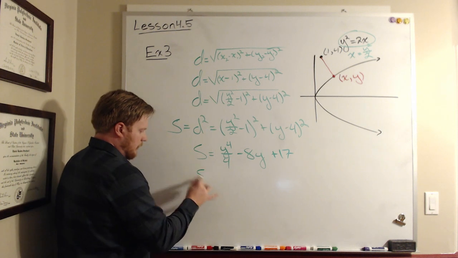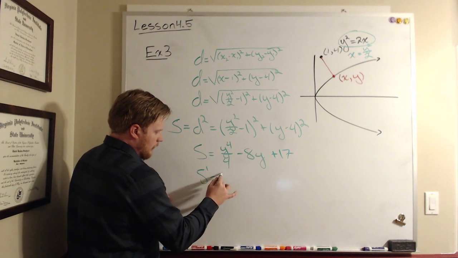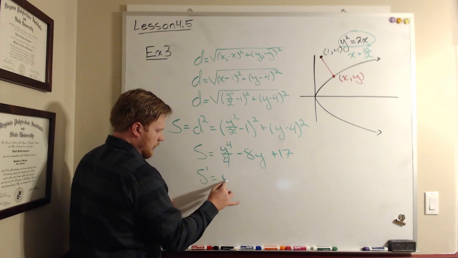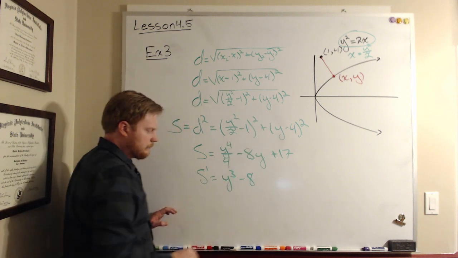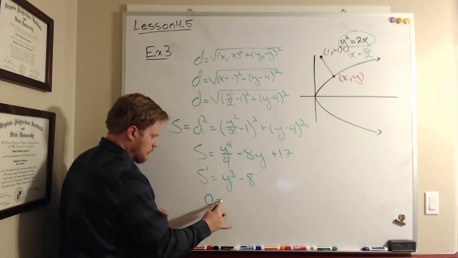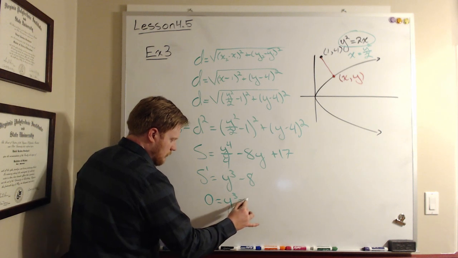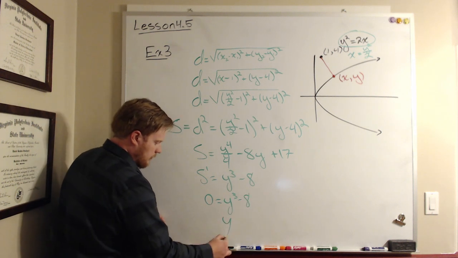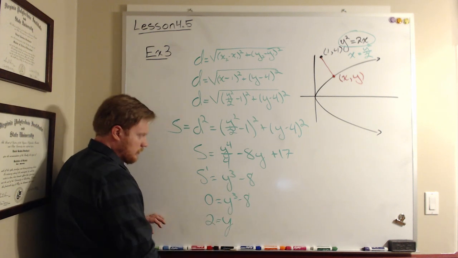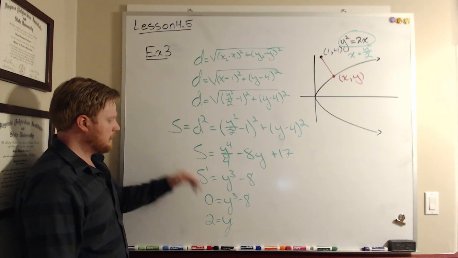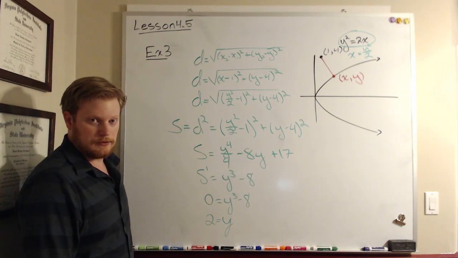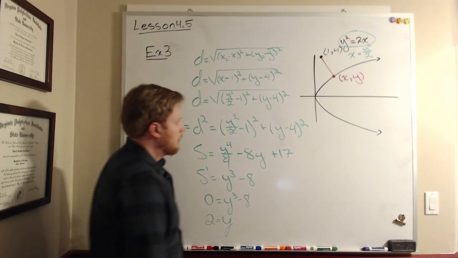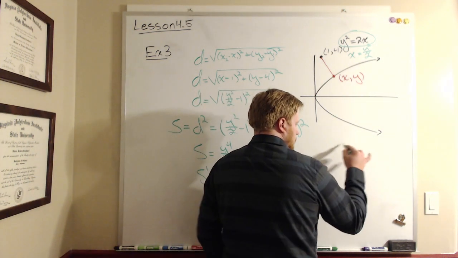And now when I find s prime, the 4's cancel and I get y cubed minus 8 plus 0. I want to set this equal to 0. So y must be 2. So s is minimized at 2, and d is minimized at 2. Okay. So when y is 2,